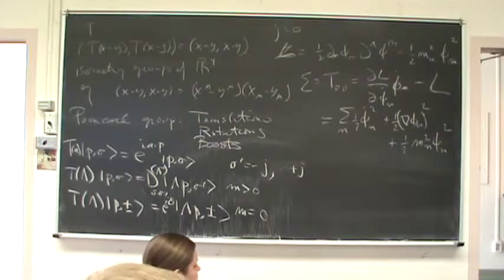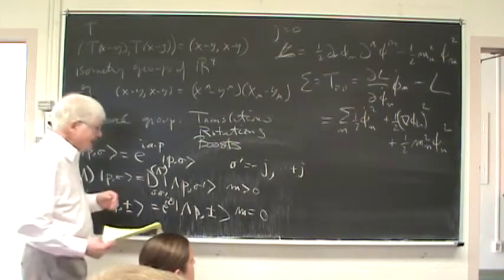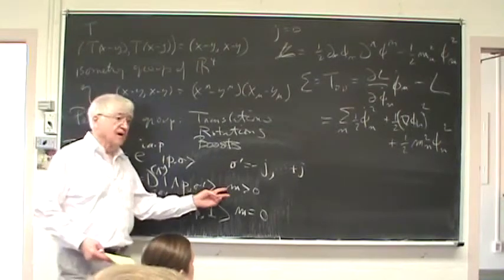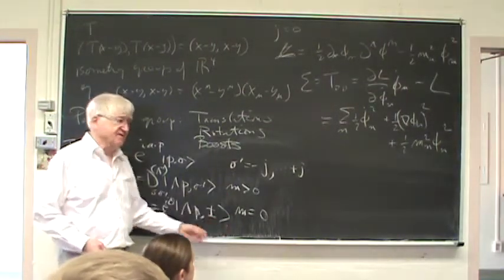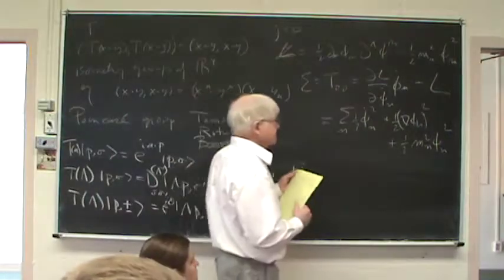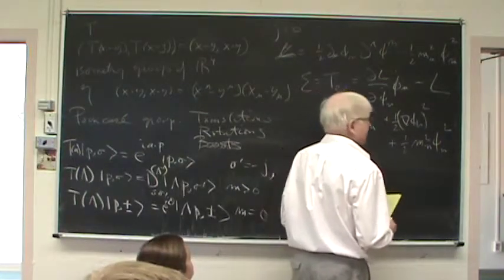Now, when we go to spin one, first of all, we've got two choices. We've got either positive mass or zero mass. And the simplest thing is to start out with, is that